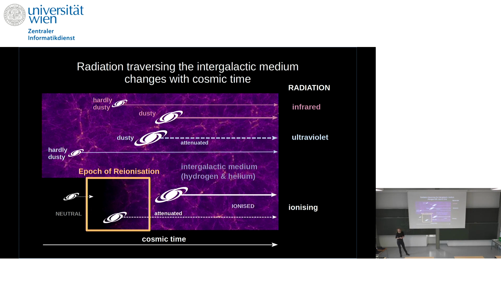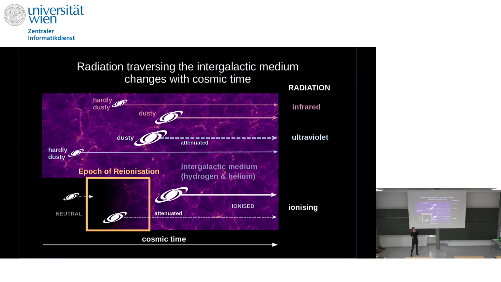And if you think about, again in this comparison, what do I see from lower mass and more massive galaxies? In the first case, if you're more massive, you will have had time to produce more metals and then also dust. And dust can absorb ultraviolet radiation, and it basically emits in the infrared. So for low mass galaxies, you probably won't see much in the infrared because they don't have much dust yet. But if you have something very dusty, probably a more massive galaxy, you will see that in the infrared.